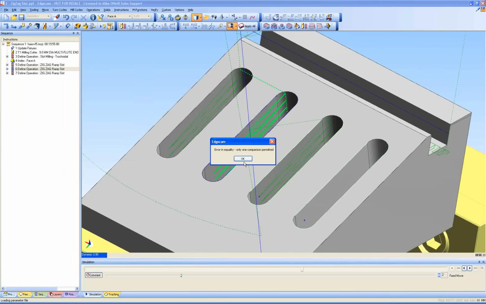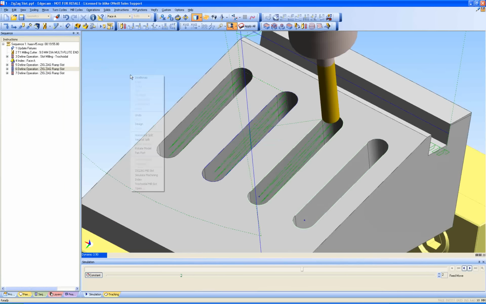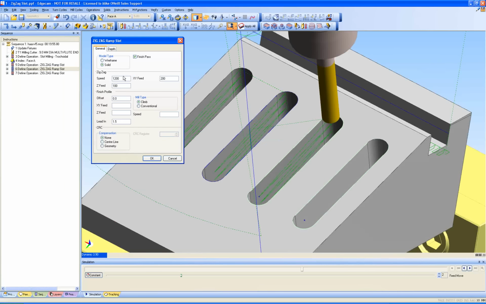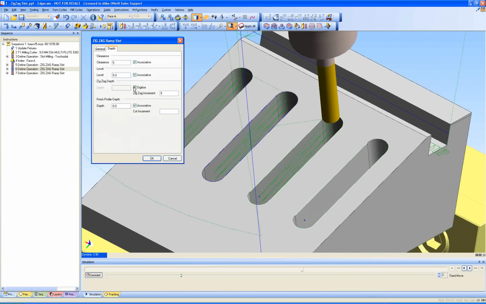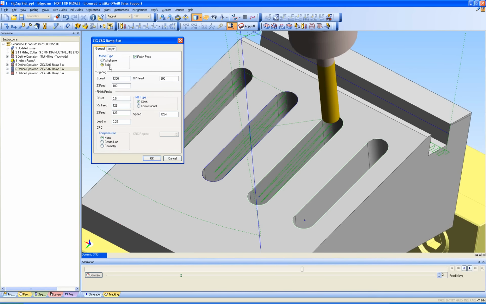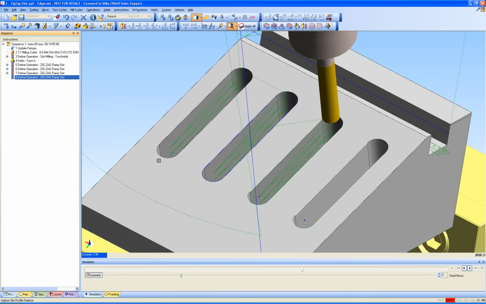Zigzag mill slot, for solid, finishing the pass. Let's put just some values in here again. I'll keep that nice and low so I don't cause any errors with respect to lead in, lead out. We're going to -20, but the profile finishing is associative because we've gone for the solid option in this particular case. So again, it's a case of digitizing the profile, so now it's a solid feature that it will require,